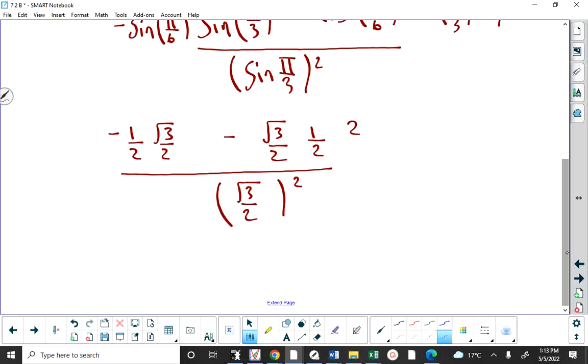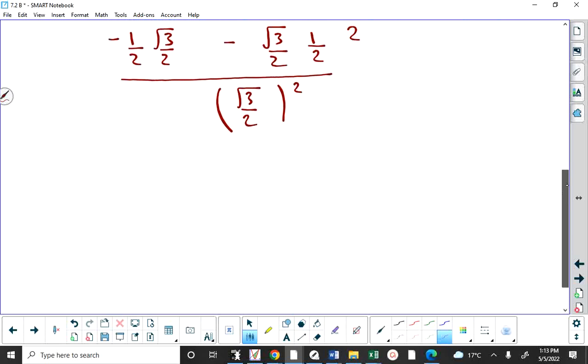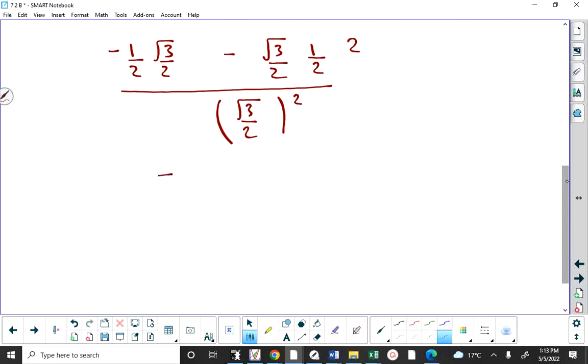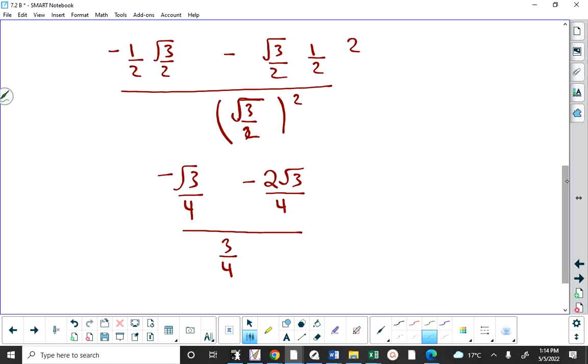Okay. And the reason I'm not going to is because on the top we have negative root 3/4 minus 2 root 3/4. 2 times 1 times root 3/2 times 2. And on the bottom I have 3/4. When I square root 3, I get 3. When I square 2, I get 4. So I've just looked ahead and said, well, it's all over 4, so why don't I just multiply the top and the bottom by 4,